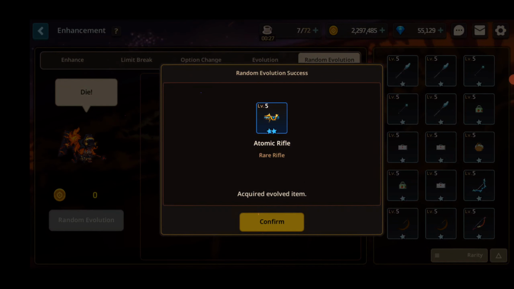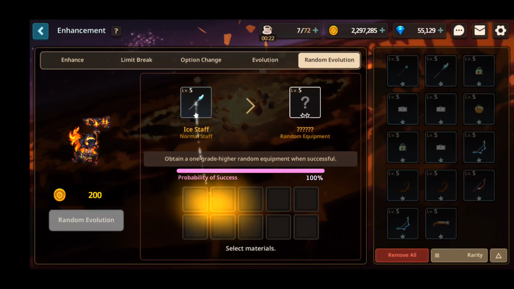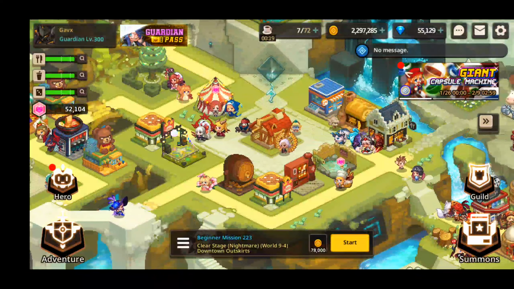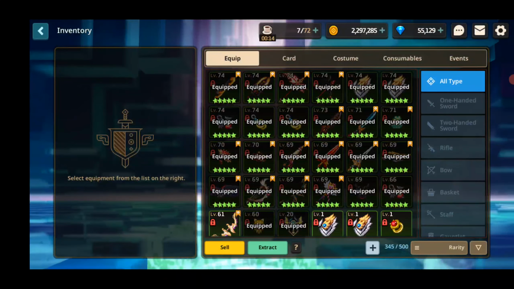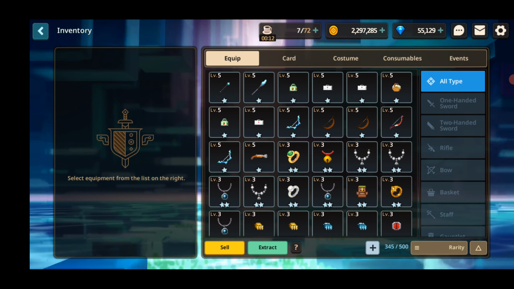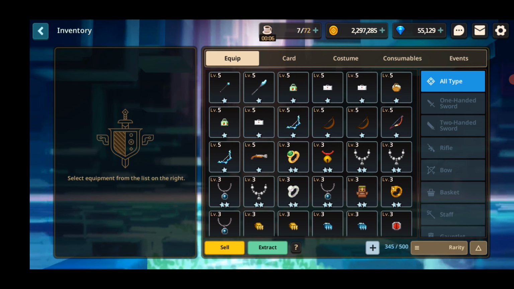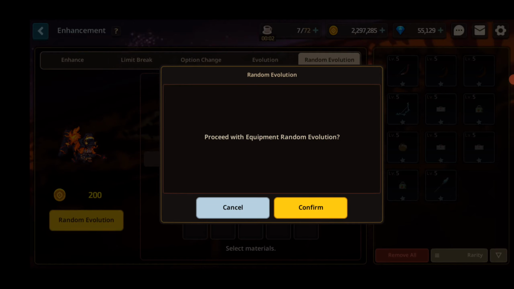So I am doing the random evolution that I talked about in a previous video, but let's actually jump out and show how I got to this screen. It's pretty straightforward, but for new players and whatnot: go to menu, go to inventory, and I like to switch at the bottom corner. I'm under rarity right now, and I like to switch and put that at the top. Go to enhance, go to evolution,